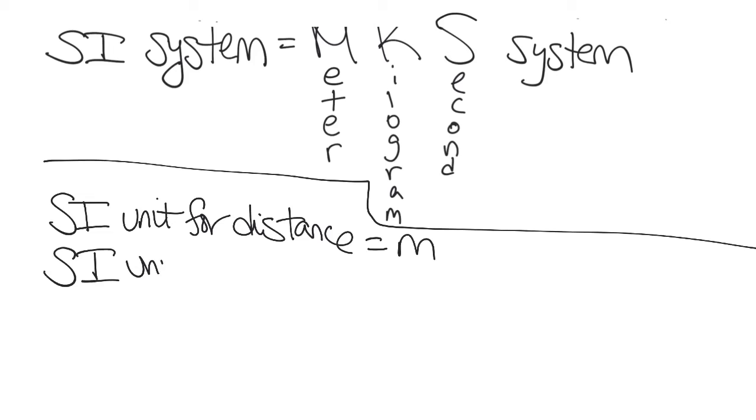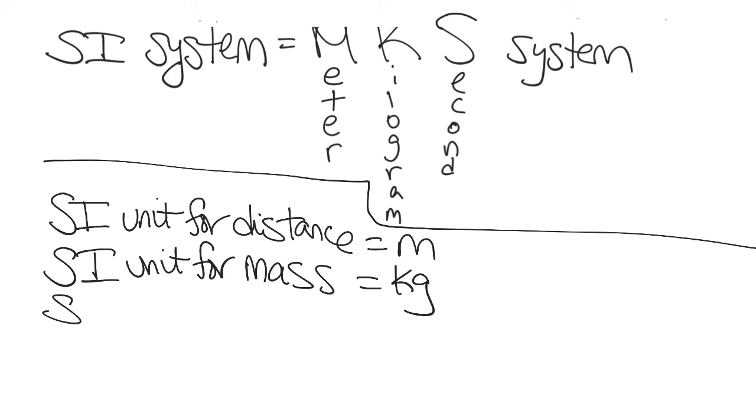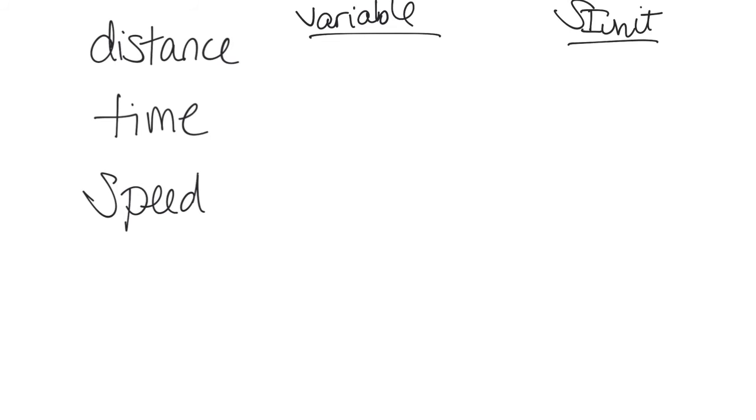The SI unit for mass is a kilogram, and the SI unit for time is a second. So we're going to be using a lot of abbreviations, okay? Meters, kilograms, seconds. So since we're going to be learning so many different variables and units, we're often going to